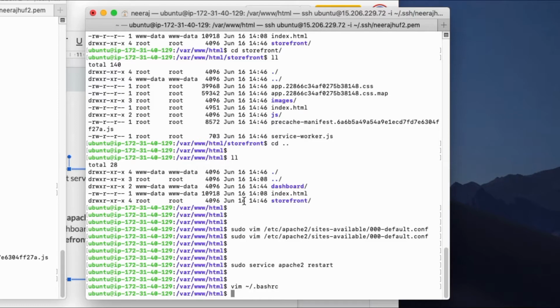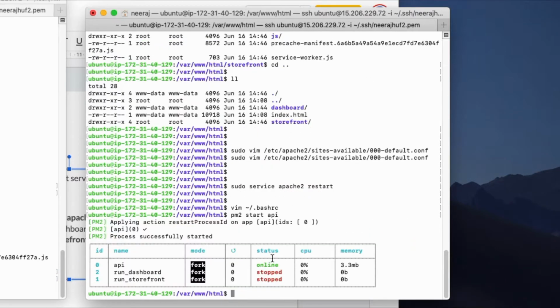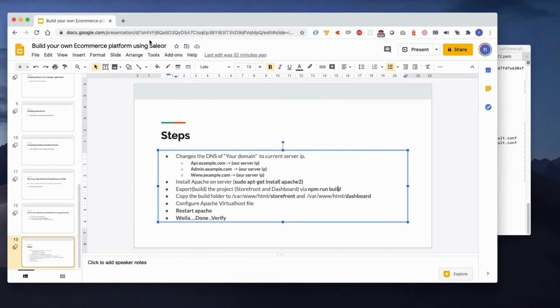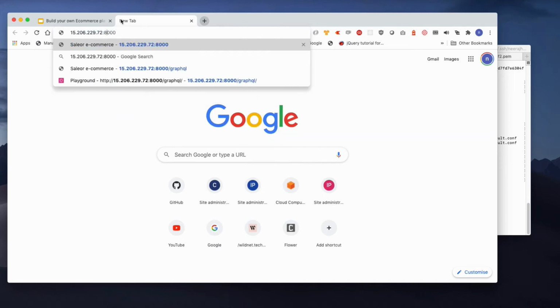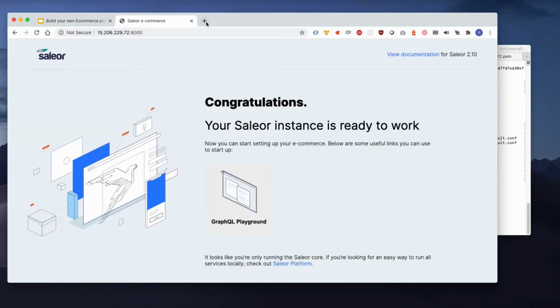That means these two folders are still going to point to my Saleor core at port 8000. So I can simply start my API process. That means my 8000 port is going to be up. I can verify, and yes, it is working.